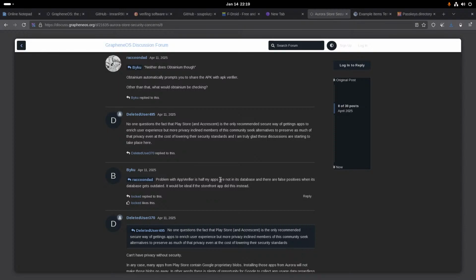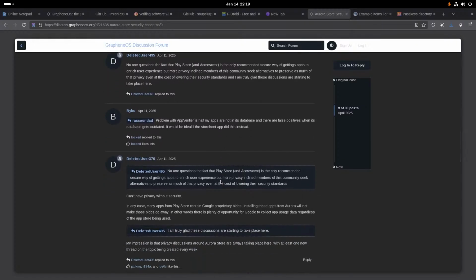Each user experience, but more privacy. Privacy-inclined members of this community seek alternatives to preserve as much privacy as possible. The problem with App Verifier is half my apps are not in the database, and they are false positives when the database gets outdated. It would be ideal. Actually, I think